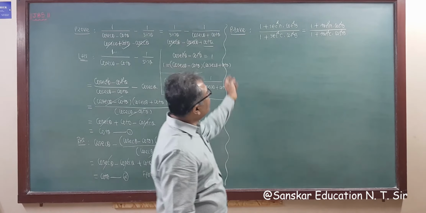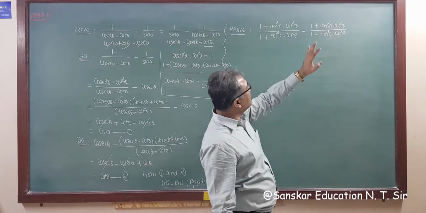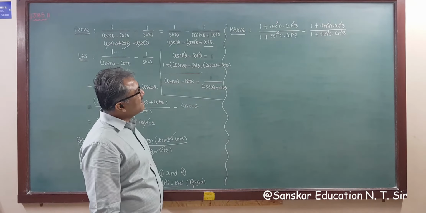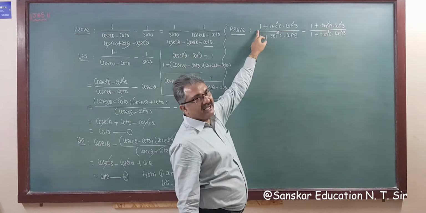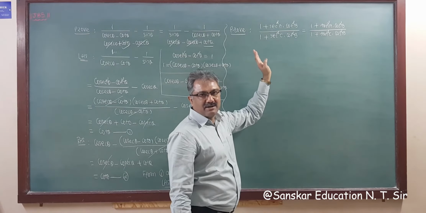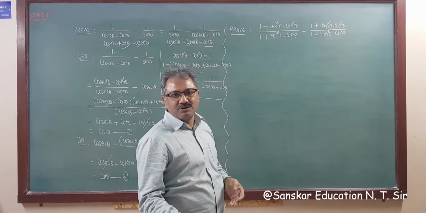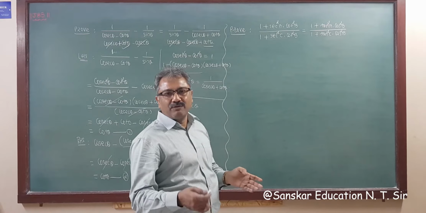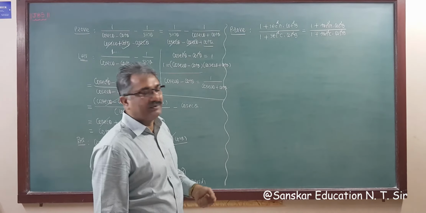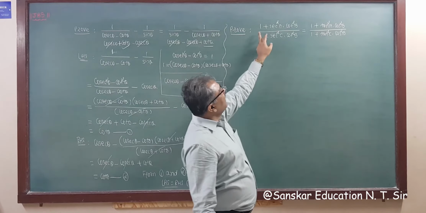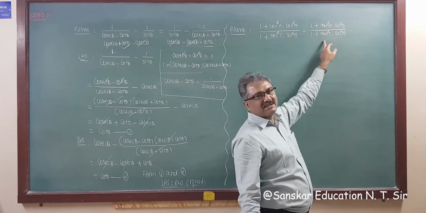Now another equation. Given (1 plus sec square a into cot square b) upon (1 plus sec square c into cot square b), we have to prove it is equal to (1 plus tan square a into cos square b) upon (1 plus tan square c into cos square b). So 1 we have to keep as it is. See, first we discuss what we are going to do and what we can do. What is given, what to do. This is given and we want this answer.